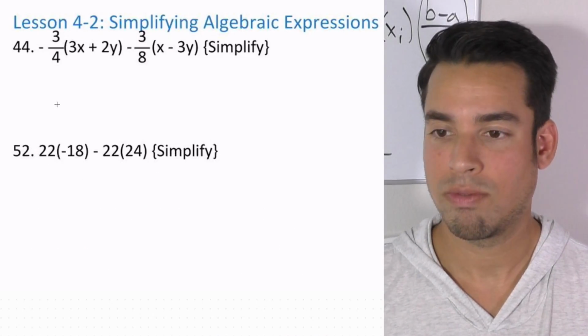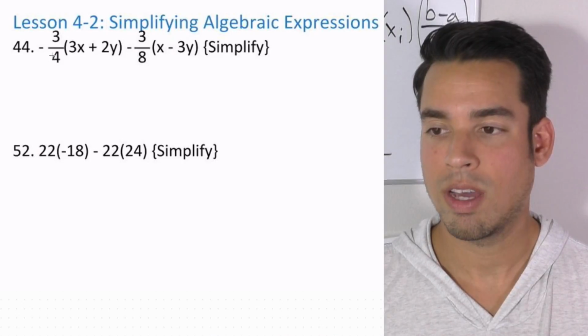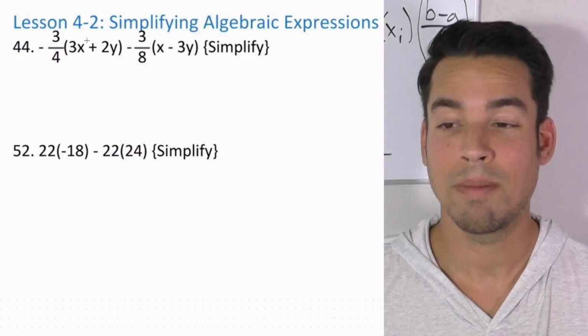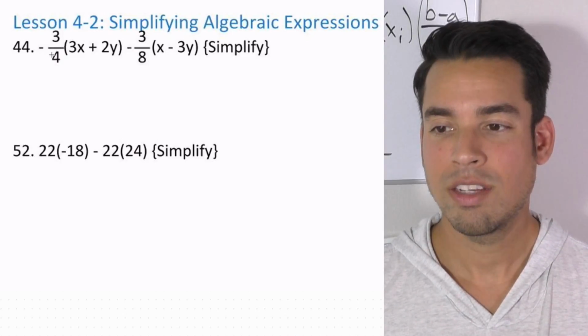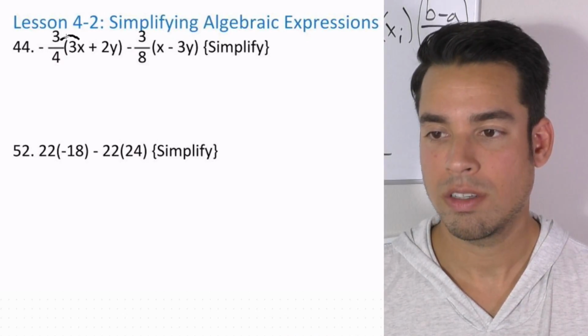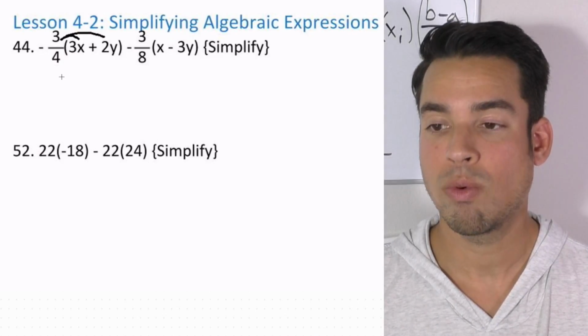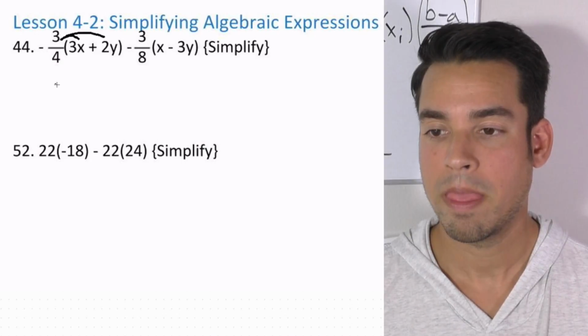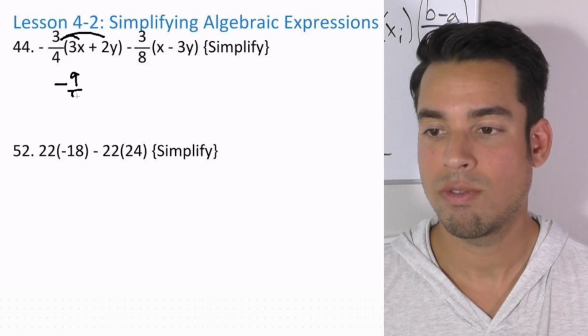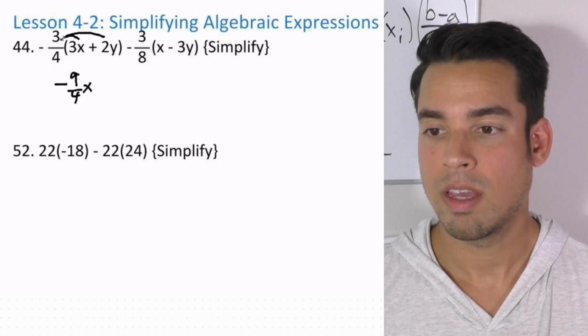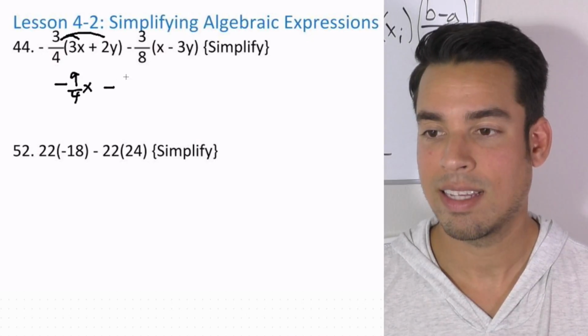Let's move on to number 44. So for 44, we've got this crazy distribution with fractions. Let's go ahead and do that. We've got -3/4, we're going to leapfrog it to here and to here. So we multiply the coefficients. What's 3 times -3/4? We multiply this whole number times the numerator. So we get -9/4 x, and then 3/4 times 2 is -6/4 y, and same thing, this guy's going to leapfrog here and here,